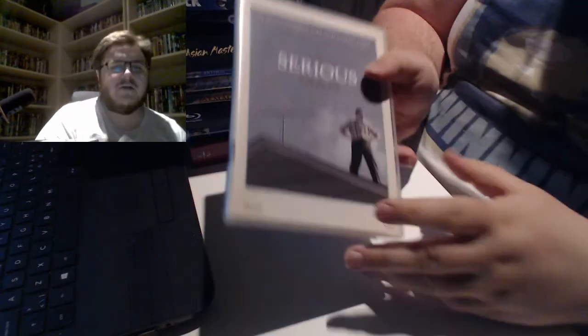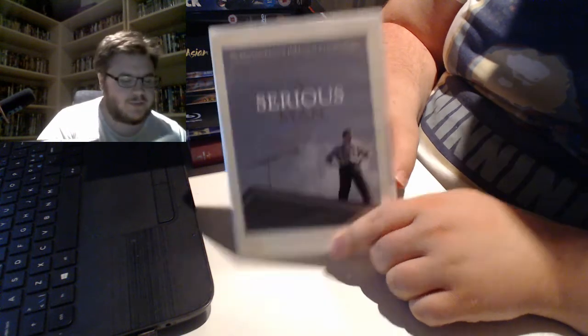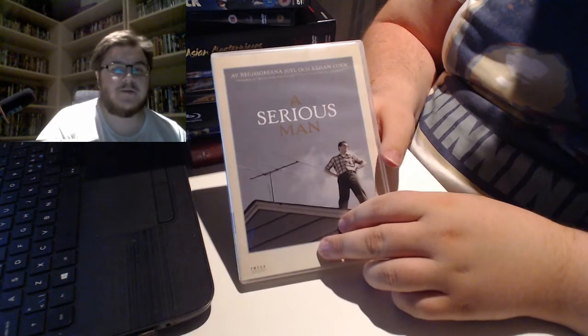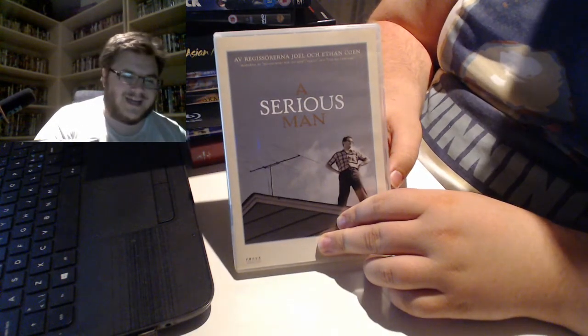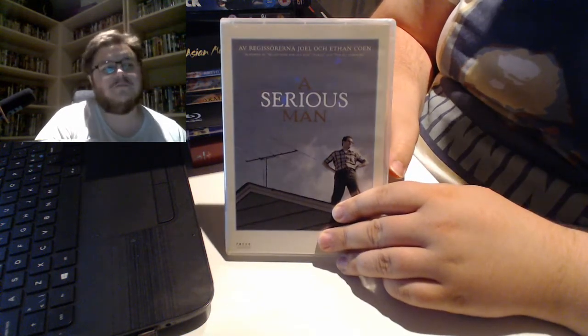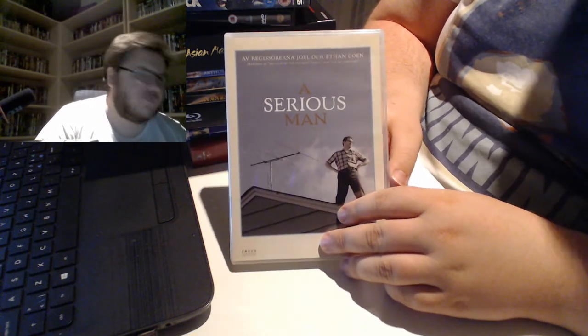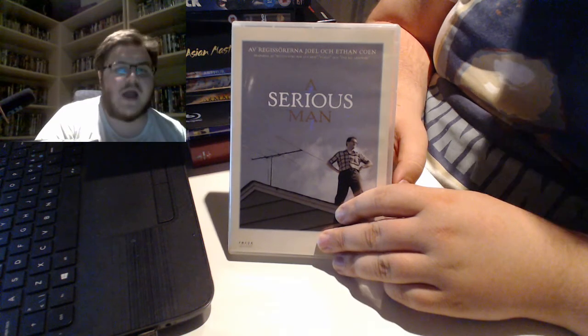And then we have A Serious Man. It feels like one of the forgotten Coen movies, even though it's pretty new still. 2009, right? Yeah, 2009. It's probably one of my favorite movies of theirs. It definitely feels like a Coen movie, even though it's not as hilarious as The Big Lebowski or as tense as No Country for Old Men or Fargo. But it's a bit middling because it's not a comedy, it's not a thriller, it's not a crime movie. It's just